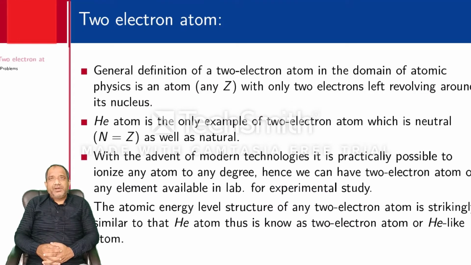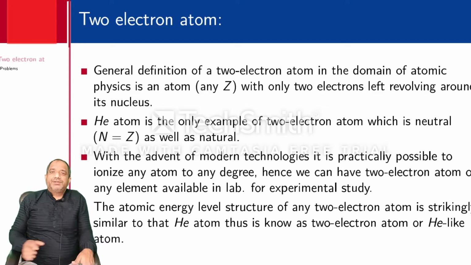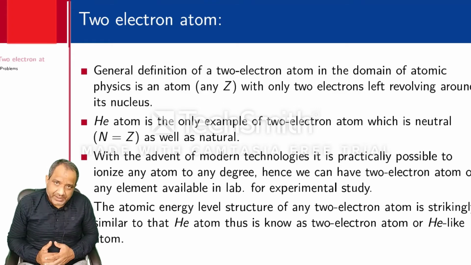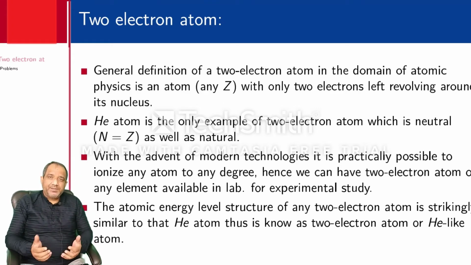So what does a 2-electron atom mean? A 2-electron atom is the simplest example of a multi-electron atom. A nucleus with 2 electrons revolving around it is known as a 2-electron atom. By default, when we talk about a 2-electron atom, we think about the helium atom. Helium is a typical example of a 2-electron atom which is neutral and naturally abundant, but with the advantage of